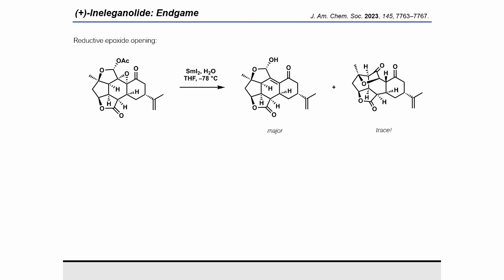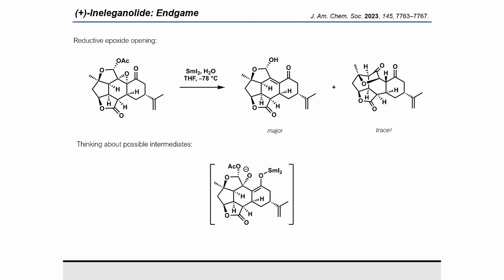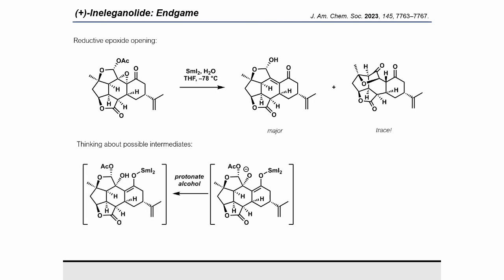in the same pot. Thinking about optimizing this reaction, we drew out the tertiary alkoxide and samarium enolate that we believe to be a viable intermediate upon epoxide ring opening. Aligned with our previous proposal, one possible pathway would be protonation of our alkoxide. Looking at this intermediate, we deemed this pathway to be responsible for subsequent elimination, giving rise to our unwanted side